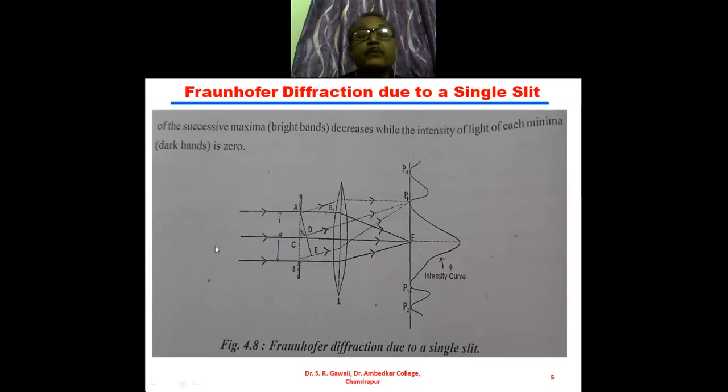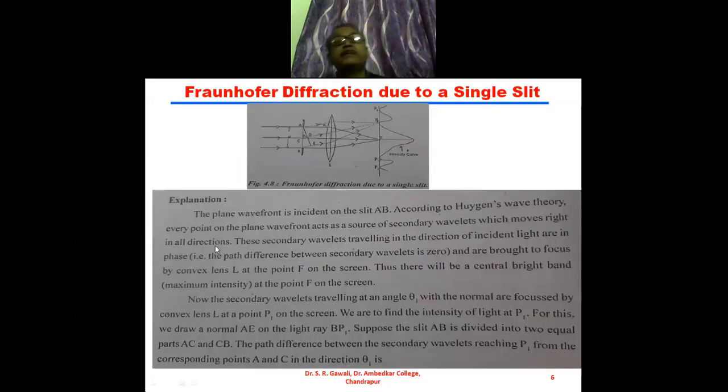Now, we will explain this. The plane wavefront is incident on the slit AB. We are assuming that a plane wavefront is incident. Why a plane wavefront? Because it is the Fraunhofer class of diffraction. If it is the Fresnel type of diffraction, then there will be a spherical or a cylindrical wavefront. So when the plane wavefront is incident on the slit AB, then according to the Huygens wave theory of light,